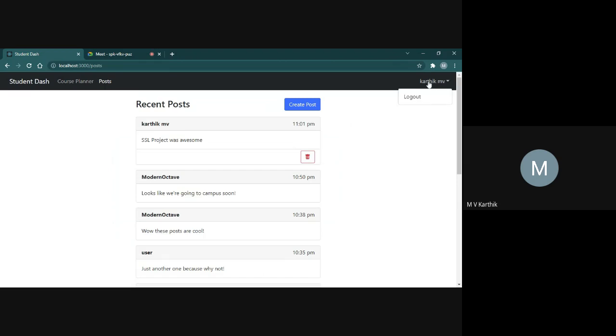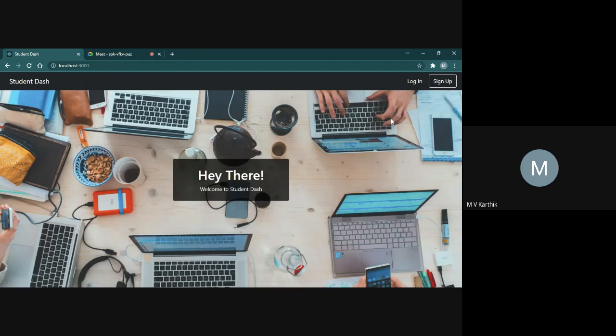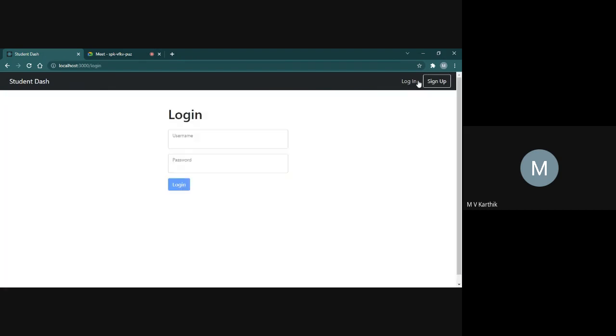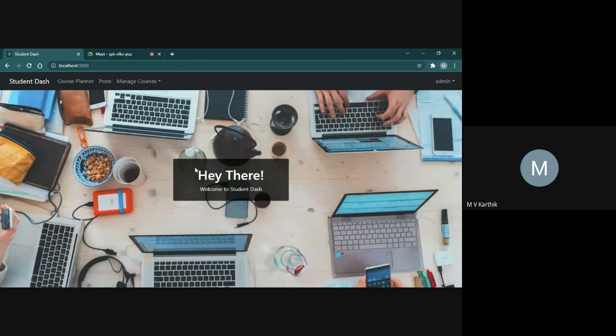And there is also, for moderation purposes, a different view of posts for admin. Let me log in as admin. This is the default admin account. Now, as I am in the admin account, let us go to the post page again.